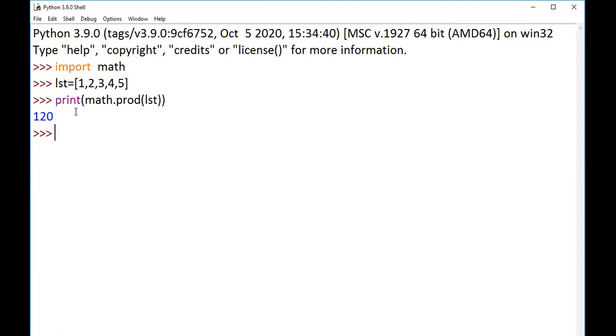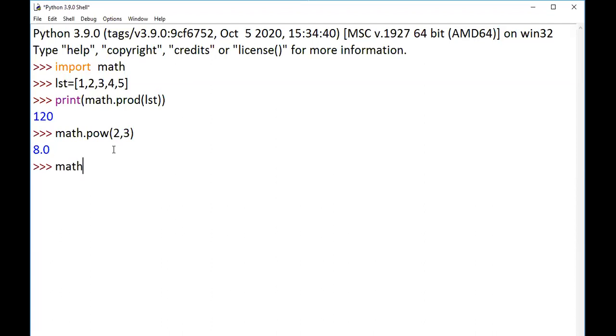And apart from this, if you want to implement a power operation, I can make use of power. Math dot power of 2 comma 3. So power of 2 to the power 3 is computed like this. Okay, like this a lot of functions are there, guys. Mostly we'll use only certain things.